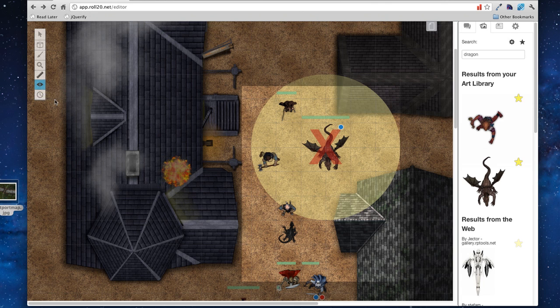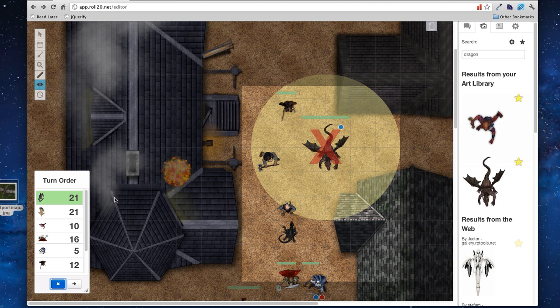It's shown to everyone in the game, although only the GM can reorder the entries. Change the numbers to represent initiative or any other stat you want to keep quick track of, then just drag and drop to reorder as the battle takes place. When the encounter is over, just close the window. The turn tracker doesn't enforce any particular rules, it's just a quick tool to help the GM and players keep